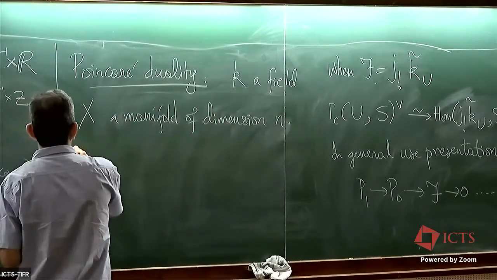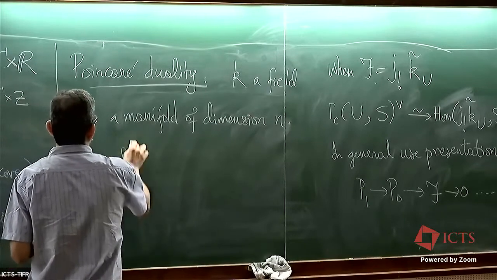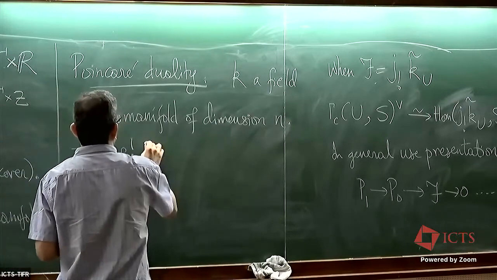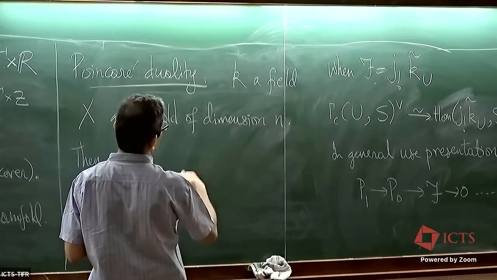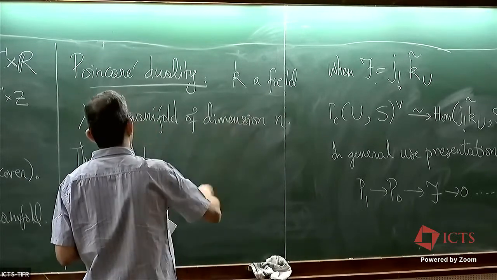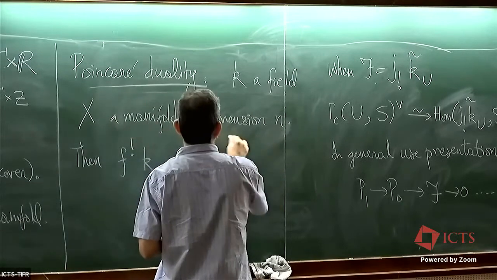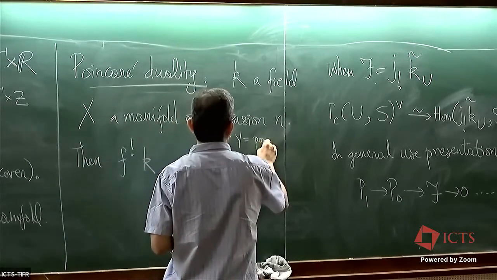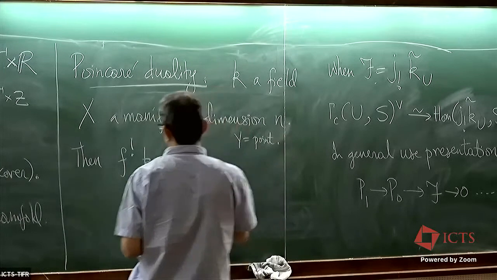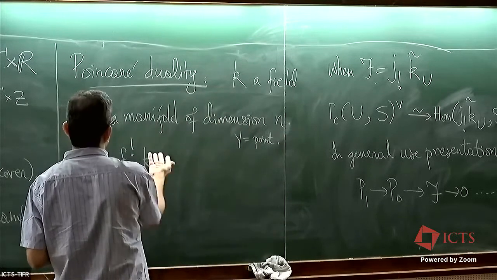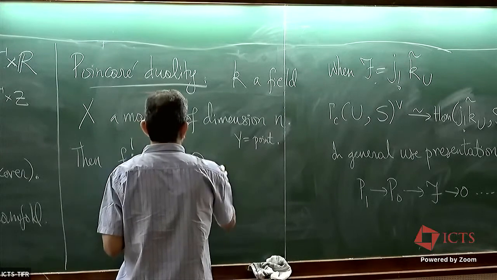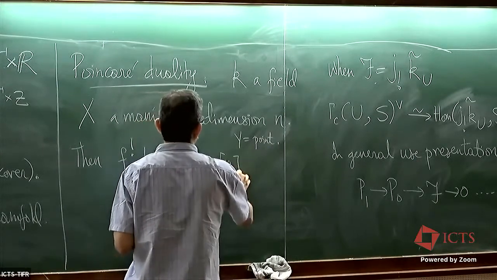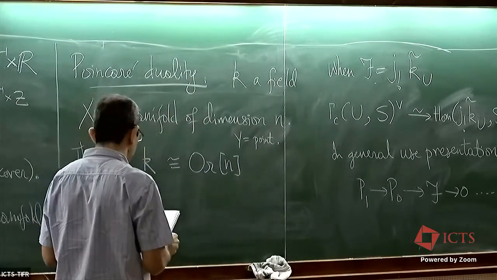Then f upper shriek K. So y is equal to a point, so then there's nothing to write for K tilde y. It's just K, and this is isomorphic to just one object sitting in degree n, the orientation sheaf,